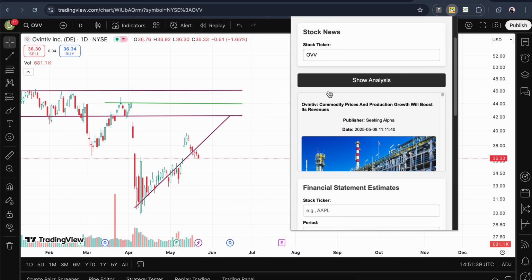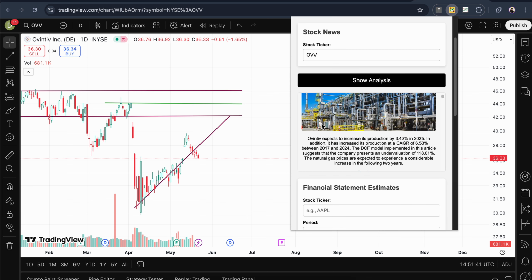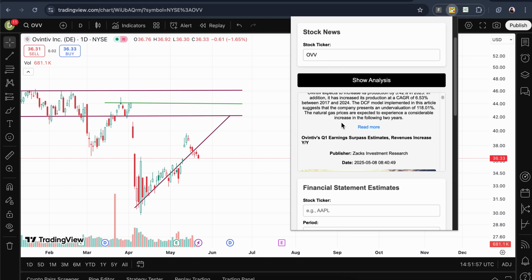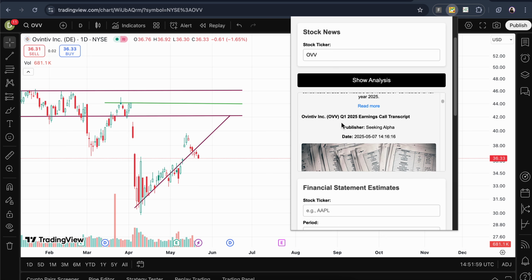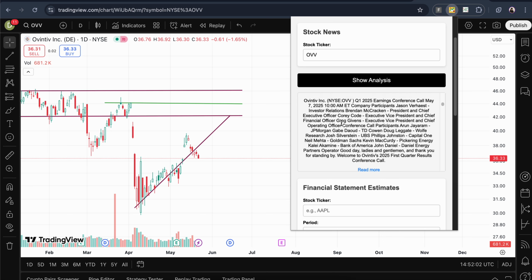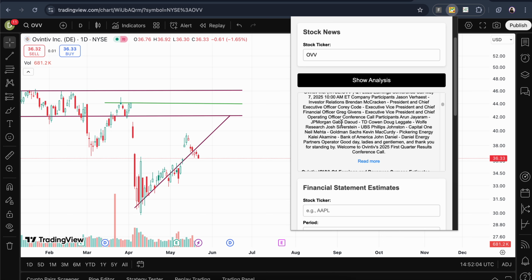Press the show analysis button, and it's now fetching you the most important news surrounding the stock. As you can see, the stock is an oil and gas company, and its prices are very sensitive to oil prices, and it's important to monitor what's happening in this industry. You can see the company's recent reports. You can see the earnings call transcript. This is very important. You can know how the management is presenting the company in the face of the recent earnings reports, and you can see the questions that different investment analysts and traders are asking